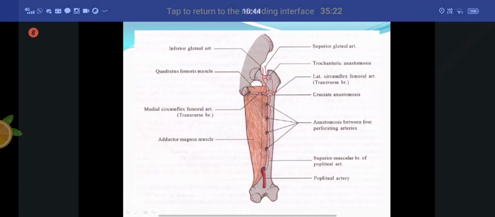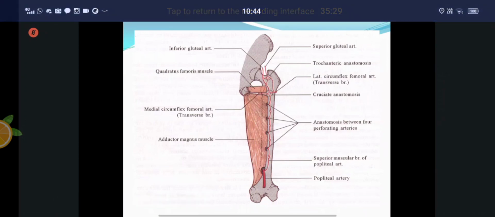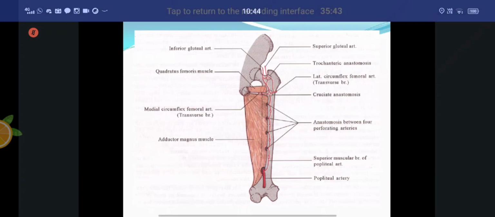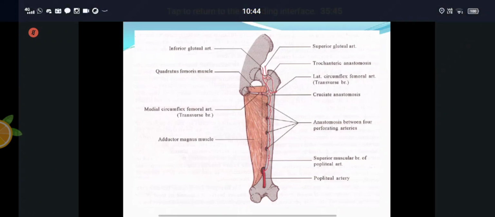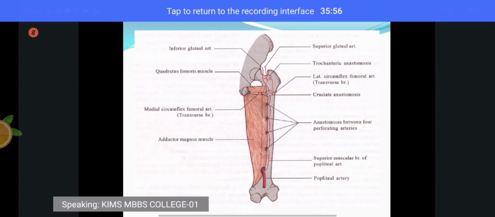So this is all about the profunda femoris artery. When it comes as a question, you should write: it is a branch of the femoral artery, and it passes through the osteofibrous opening. It has branches: medial circumflex, lateral circumflex, muscular, and perforating. And the branches from the medial circumflex and lateral circumflex participate in the formation of the anastomoses, that are the trochanteric, cruciate, and the spinous anastomosis, right? So this is what you have to write when profunda femoris artery comes as a question for you in your examination. Are you understanding the class?